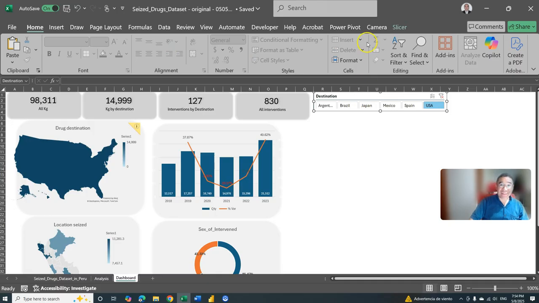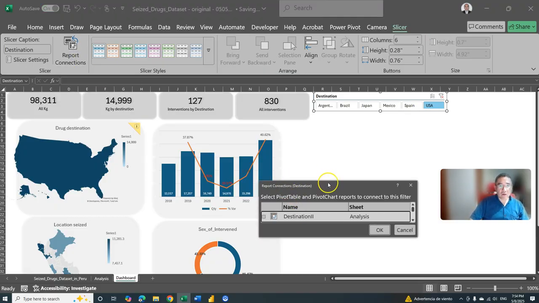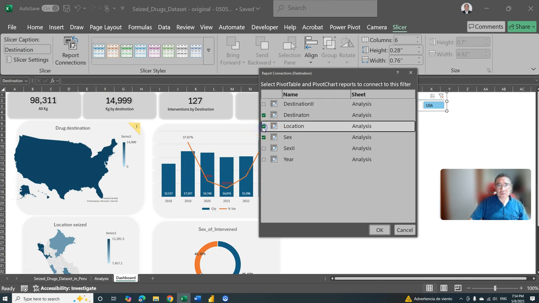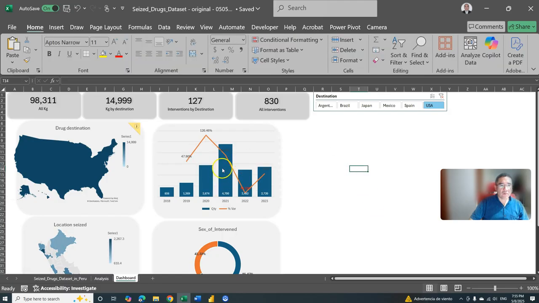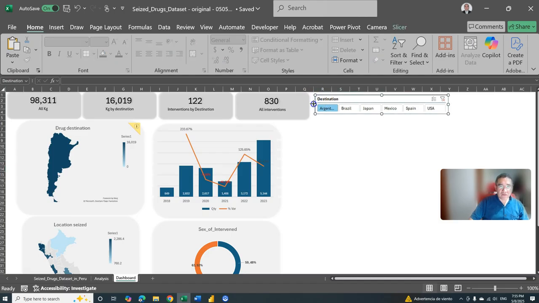Let's click on the slicer, click on slicer. Once again, the slicer tab, the slicer in the ribbon. Let's click on the connection, report connection. Let's resize it, and let's connect to location and then year. Click OK. There we go. Now we have an interactive visualization that allows us to see what's going on with